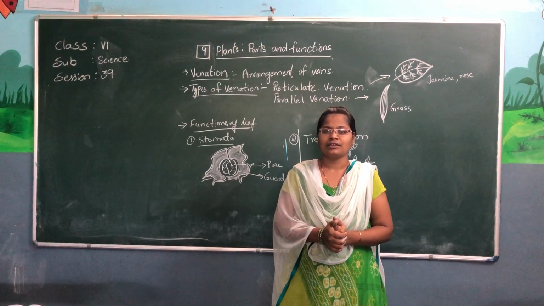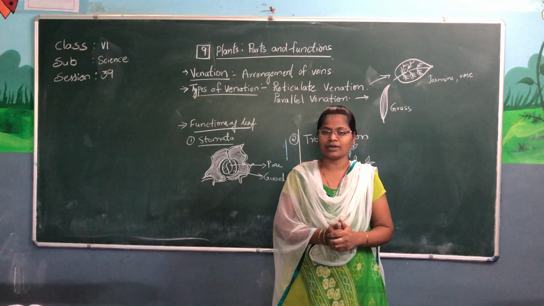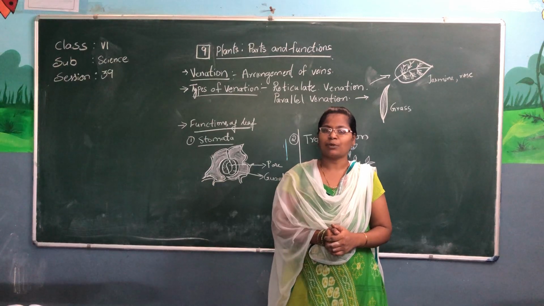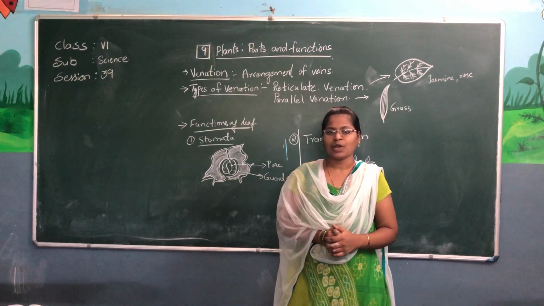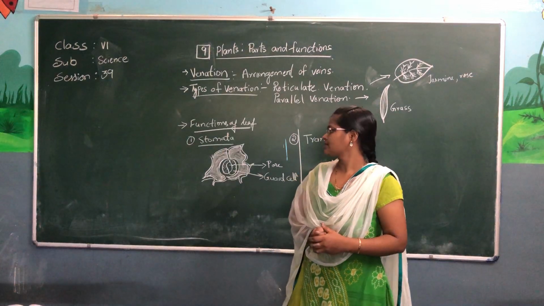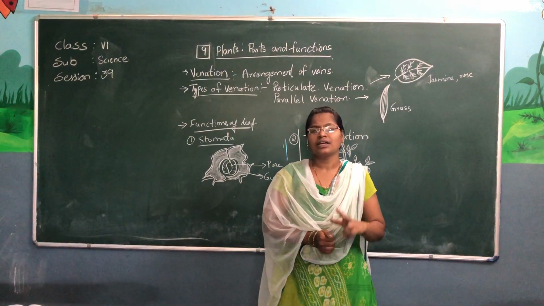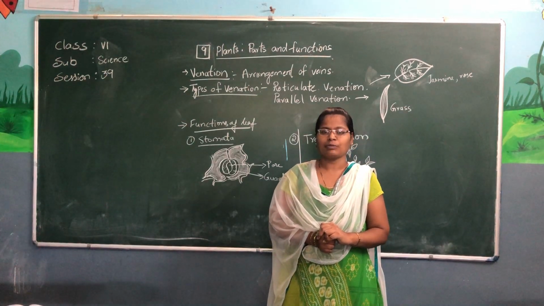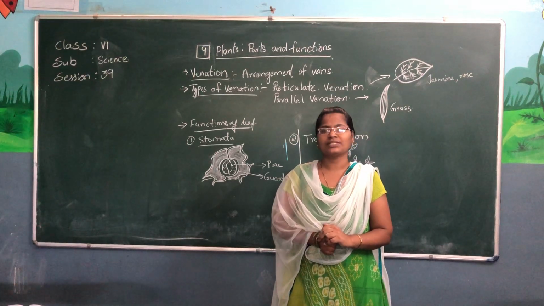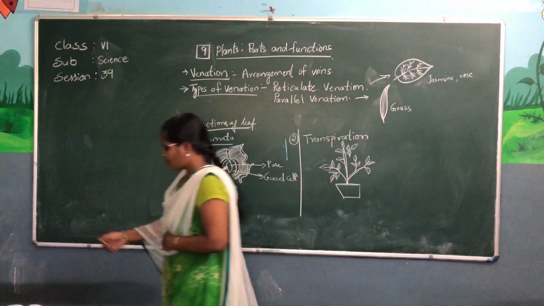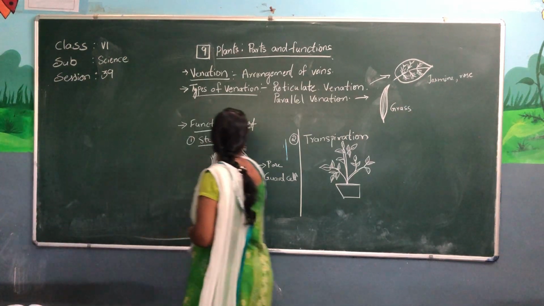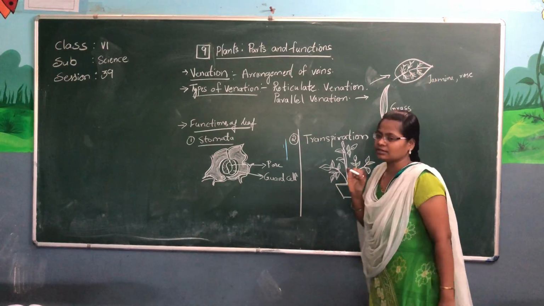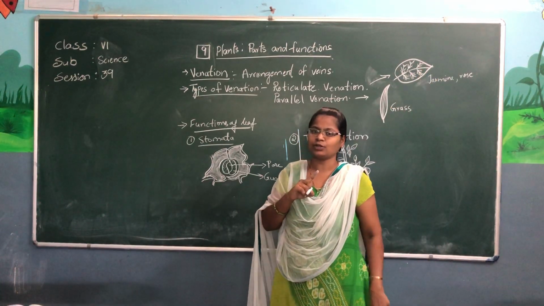Okay. Yesterday you learned about the parts of the leaf. Today you are reading about the types of leaves and the functions of leaves. A very important part of the plant is the leaf. Based on the veins of the leaf, leaves are divided into two types. Last class, if you have seen the structure of the leaf properly, you will see veins. Okay, these are the veins. Based on this vein structure, leaves are divided into two types.